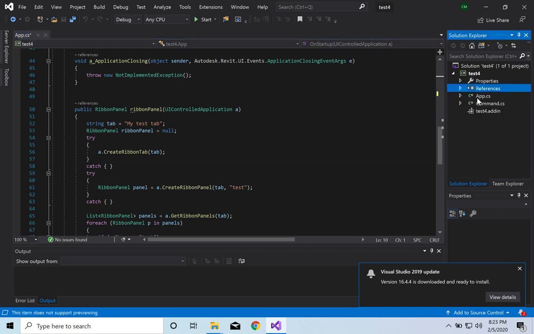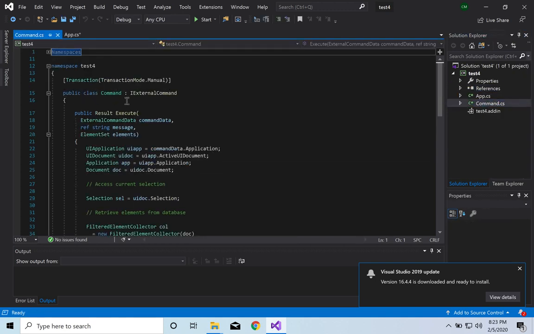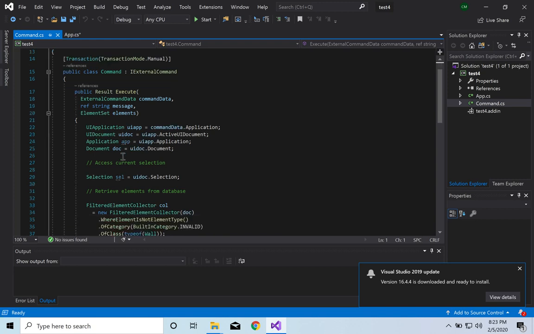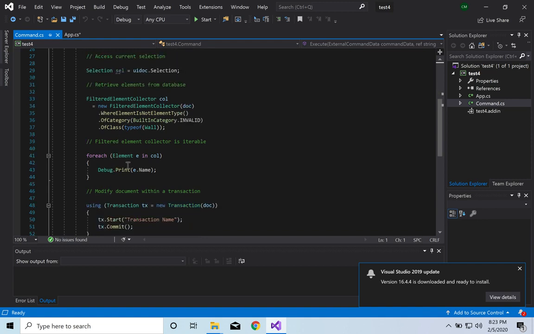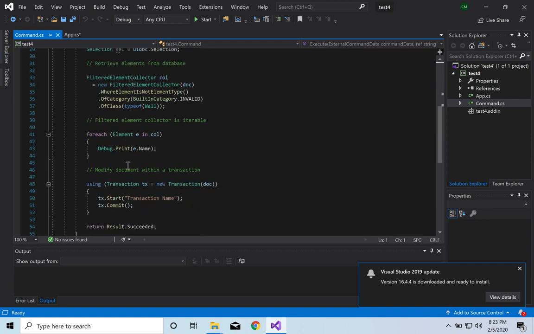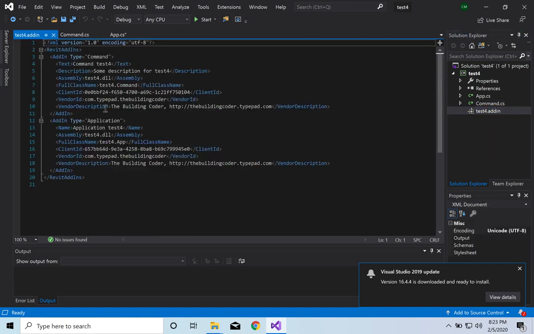We're gonna go to our command. So everything here is just as it was, we haven't touched this guy. Over here we're gonna grab all the walls in the project, and then we're gonna hit our button. It's gonna spit out all the names of the walls that we have in our project. Okay. And then we're gonna go to add-in, and then we're going to